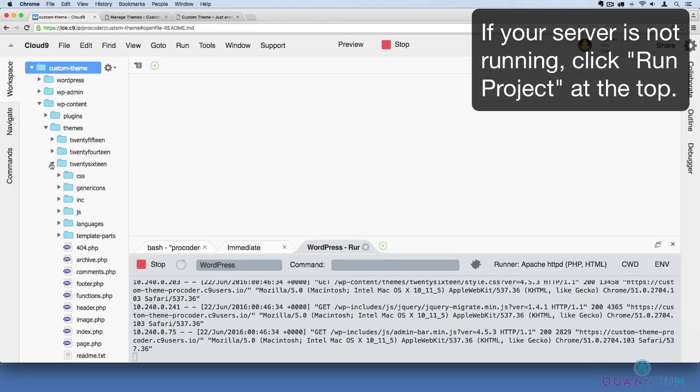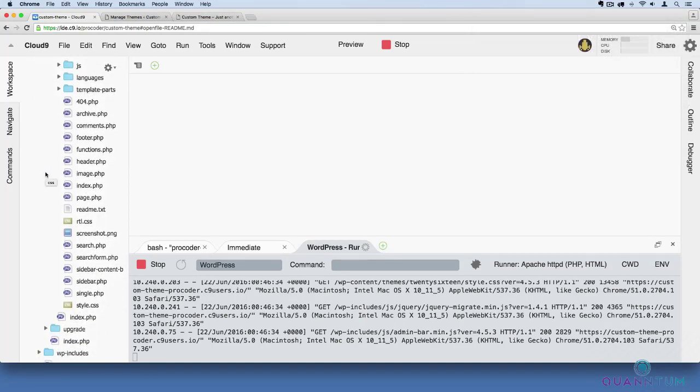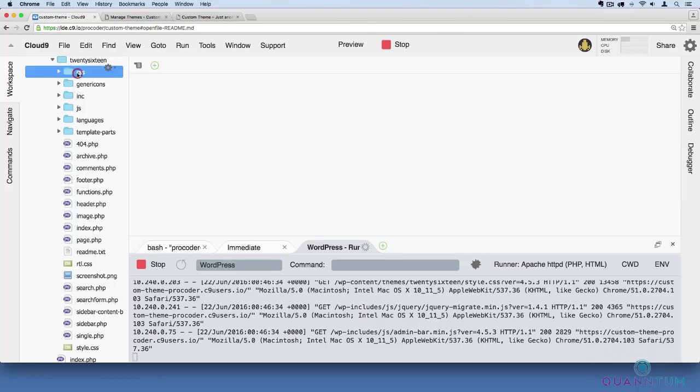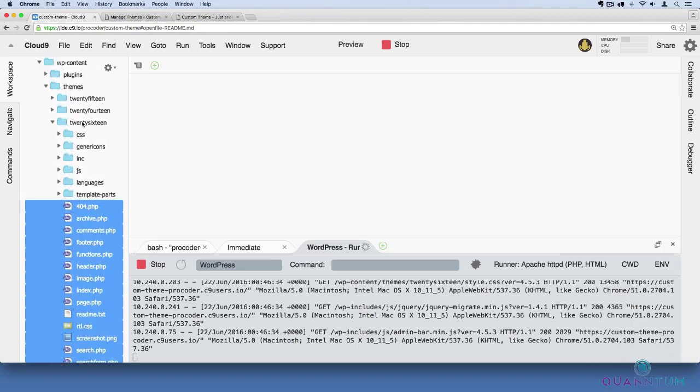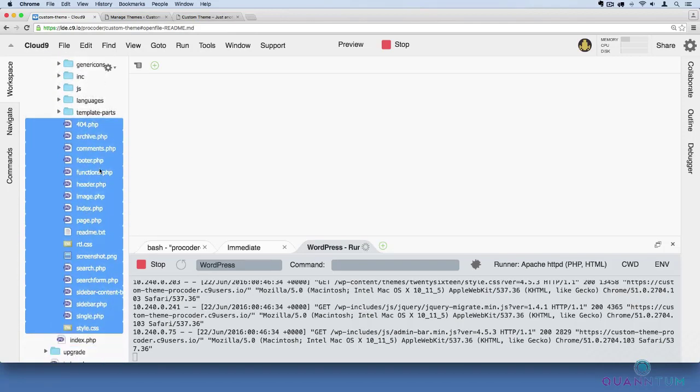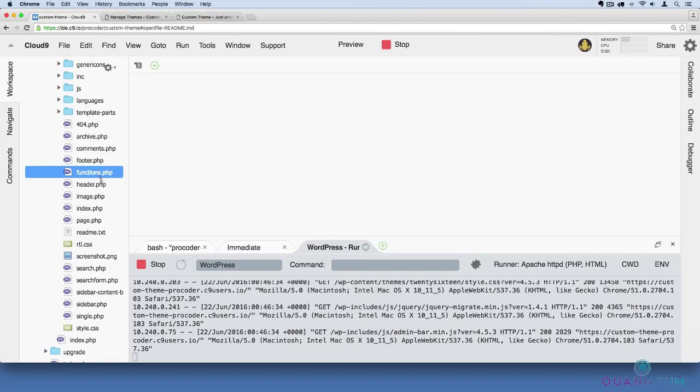So if I open that, okay, you'll see a ton of files here that we're looking at. CSS, that's a folder, JavaScript, template parts. Now, I want you to focus on these files right here. These files that are sitting inside the 2016 folder, these are called template files. Most of these are called template files, okay? And these are files that give our theme a certain look and feel, and they are particular to certain pages,